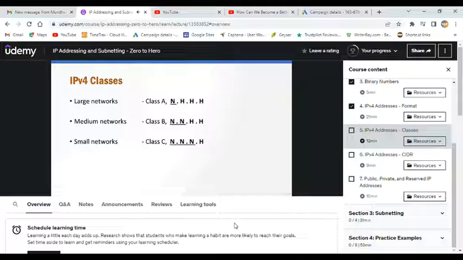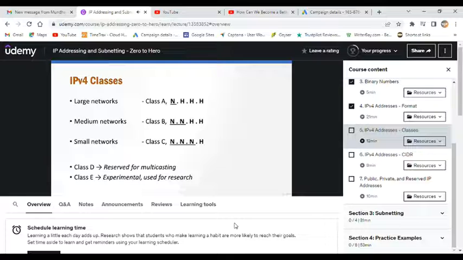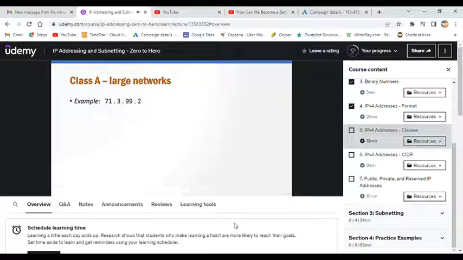Now, one more thing, there are actually 2 additional classes, D and E. D is reserved for multicasting, and E is experimental and is used for research and documentation. Now let's look at some examples. Here's a Class A network